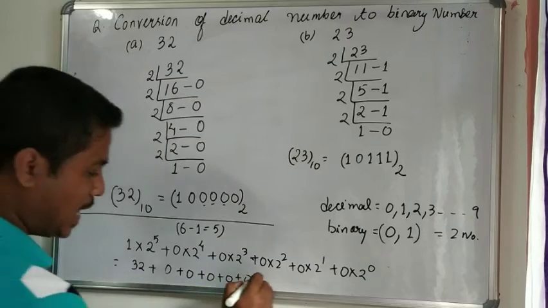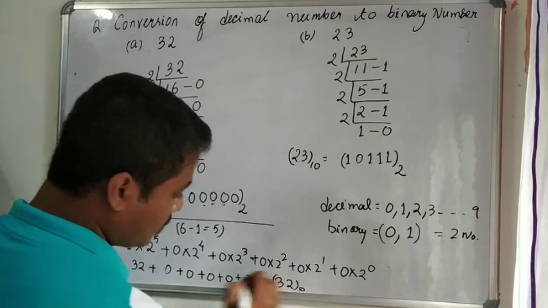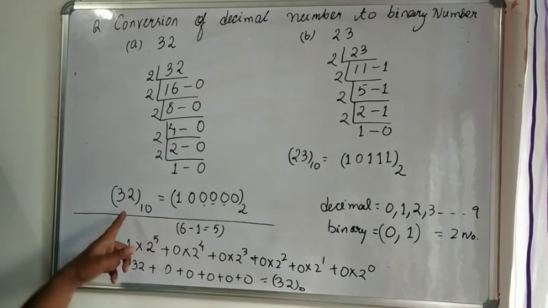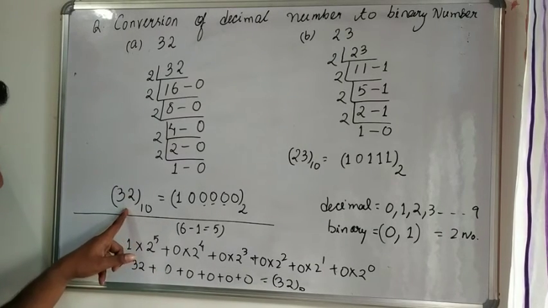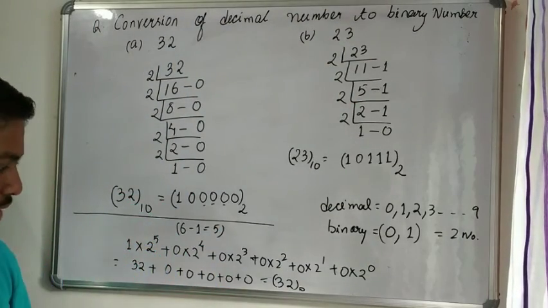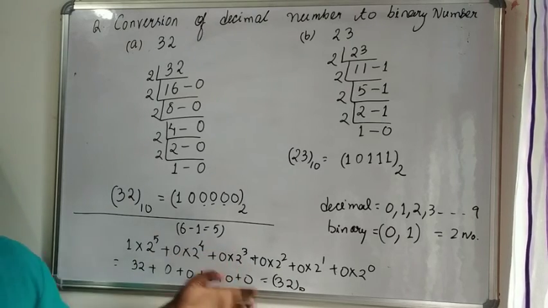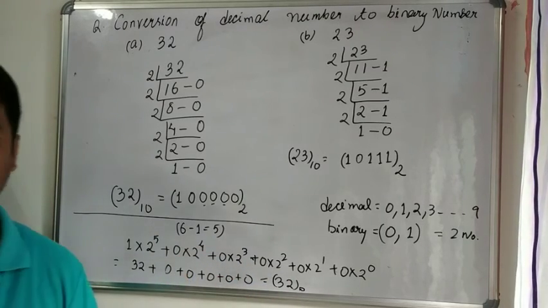If I go on adding, this will be your answer. Now you can see the answer is correct. So this is how we convert a decimal number system to the binary number system, and from the binary to the decimal number system, which I have already done in the class, just a revision of it. Okay, thank you.